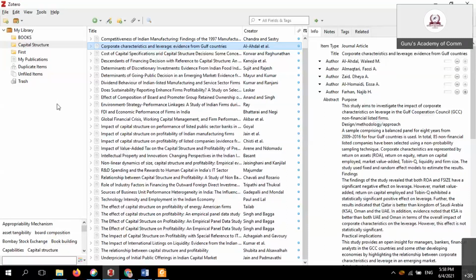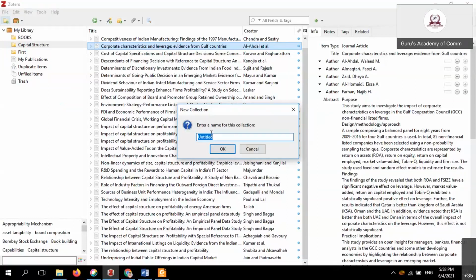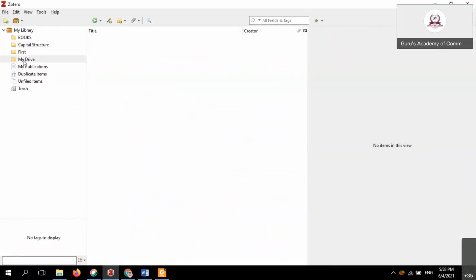Collected. Okay, now I opened another folder. This is my drive collection. Okay, this is my drive collection. Take any one in particular. My drive has a lot of PDFs already linked and stored on my computer or laptop. Okay, how do you retrieve the stored PDFs from your drive into your laptop?